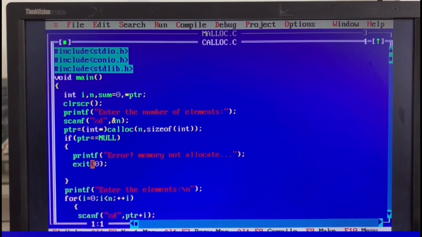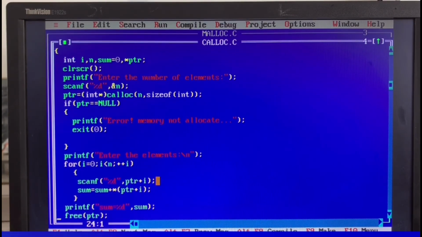So we are going to exit from this. Then printf: enter the elements for which we have to do the summation of n numbers. Then this is the for loop for the summation of n numbers. It starts from 0 and is repeated up to n numbers. Here is the position where we have to store the element, that is ptr plus i.